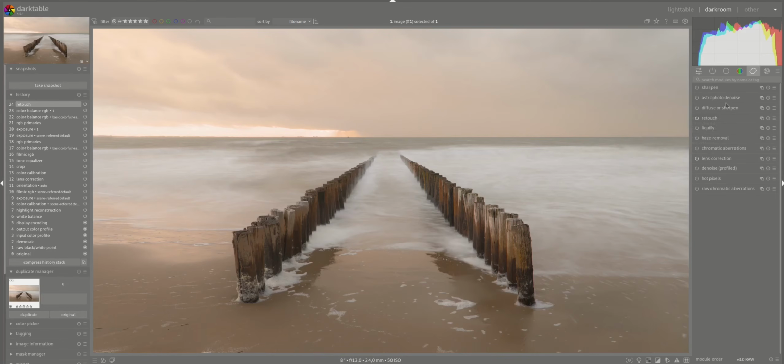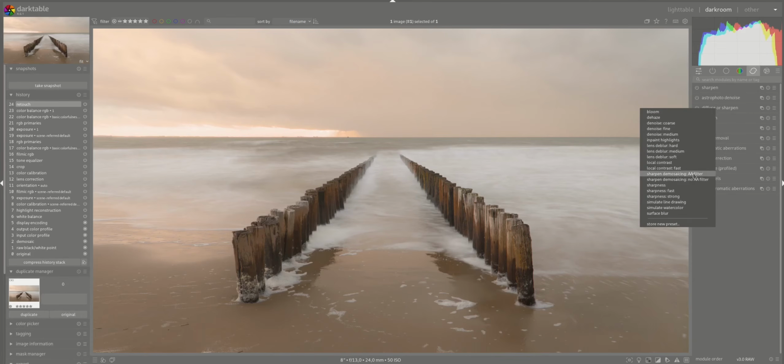Anyway, what's next? So I'm gonna do the normal diffuse or sharpen. I'm just trying to keep them till the last, because as soon as I add a few diffuse or sharpen, the whole thing grinds to a halt. Well, maybe not to a halt, but to a crawl. But that's the fault of my computer, not darktable, in case you're new to darktable. As you noticed till now, it's been snappy, but diffuse or sharpen is quite